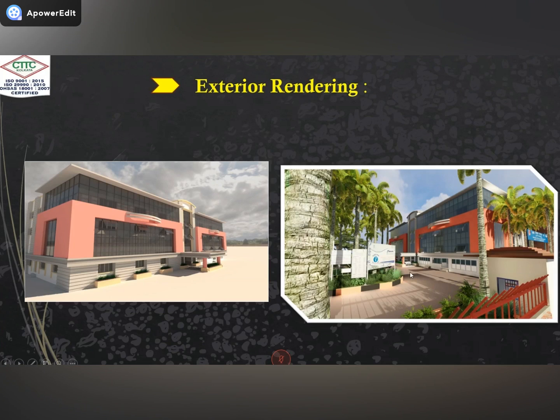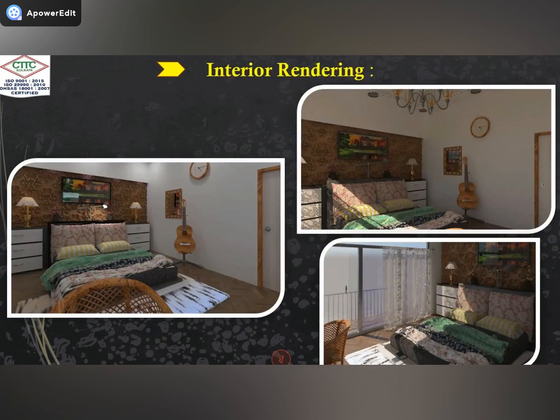Right. So now you can see here the interior rendering is also there. But you can see the result. In Revit, we have less quality of result. But when we go to the 3D rendering part in 3ds Max, you can get a more effective result, meaning more quality. It's like the difference between SD and Blu-ray, or between MP4 and SD, high definition and low definition. So you can get that quality through 3ds Max.